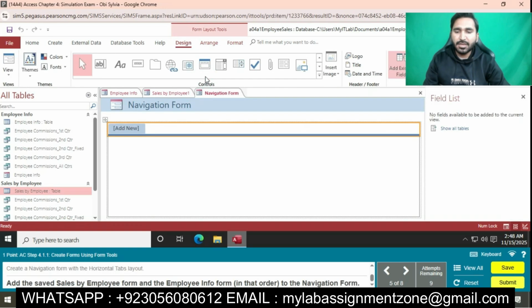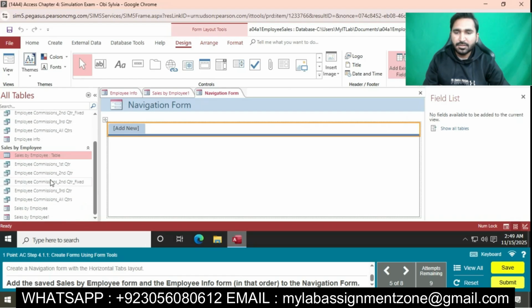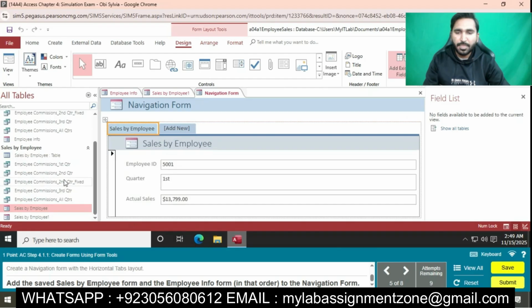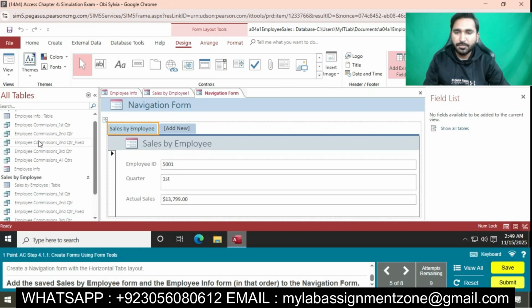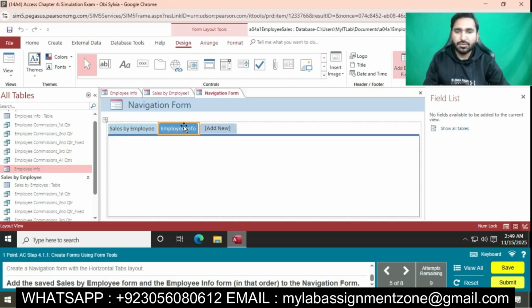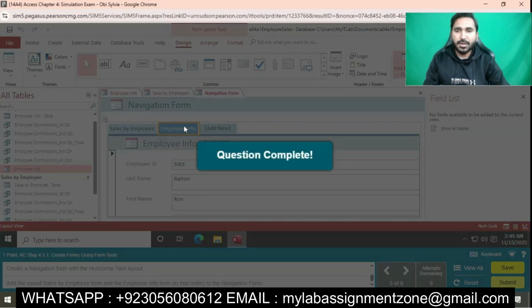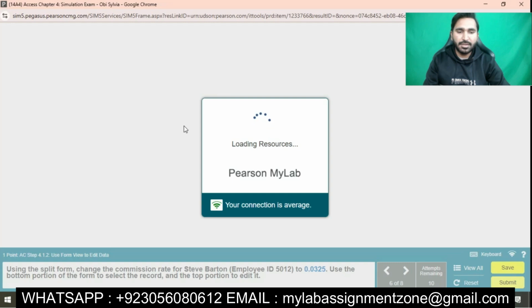Add the saved sales by employee form and employee info form to navigation form. We will have to add the saved sales by employee and the employee info form. Where is the employee info form? Okay, these two forms will be added. Question is completed now. You can see on my PC screen, I have done